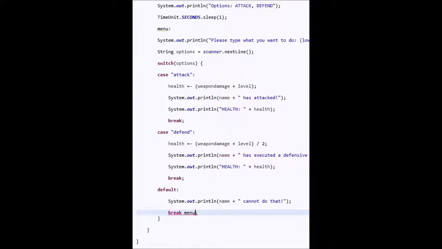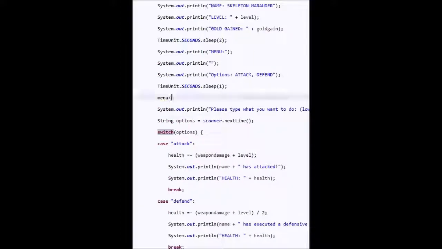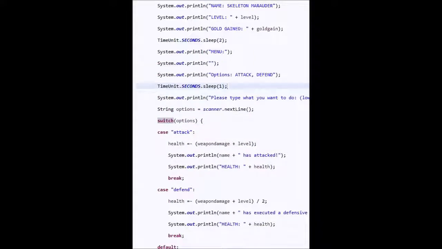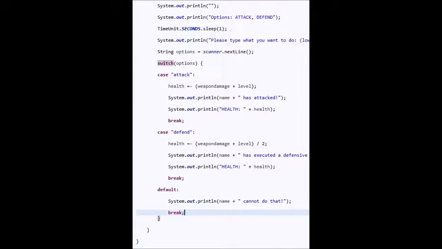Break menu. Label menu is missing. Oh well. You know what? Let's leave it. I really can't be bothered to fix that with all the labels. You guys can put that in yourself when you learn some more Java. But for now,